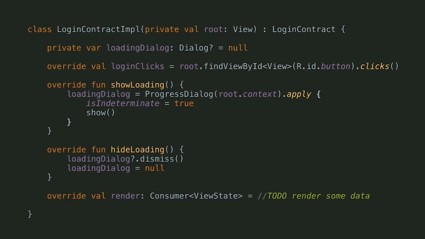We have render that has some magic rendering things. I didn't put too much code. And then we have the two loading methods, show and hide, that were part of the original contract. In this case, for instance, they create a progress dialog, show it, and dismiss it later on. To do that, we also had to create a local variable to cache the dialog implementation so that we can